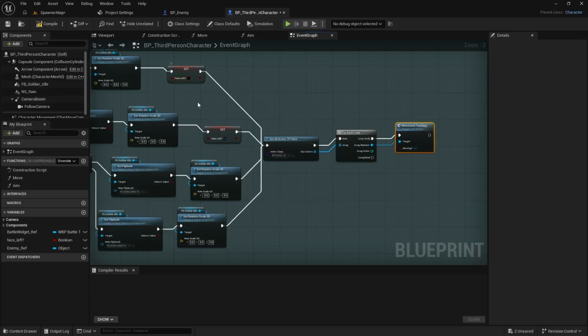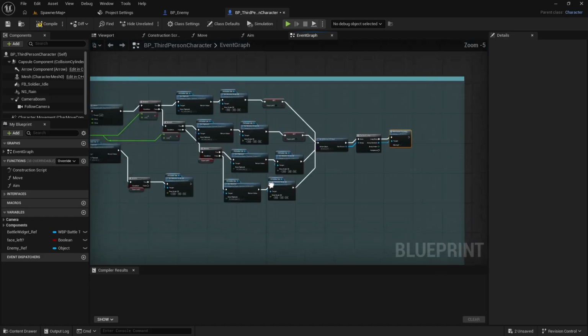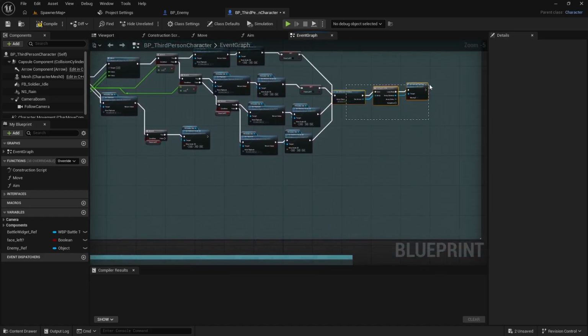So if the player is moving up, down, left, or right, I don't remember which way I set this up, but any of those directions will come into here. It'll notify every single enemy on screen by looping through them and calling that movement tracking and updating that Boolean value. Now similarly, we want to duplicate this down here,